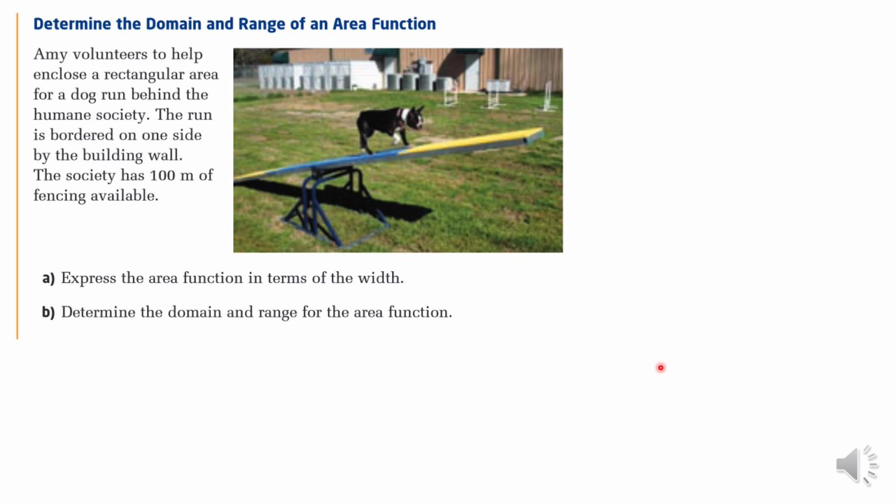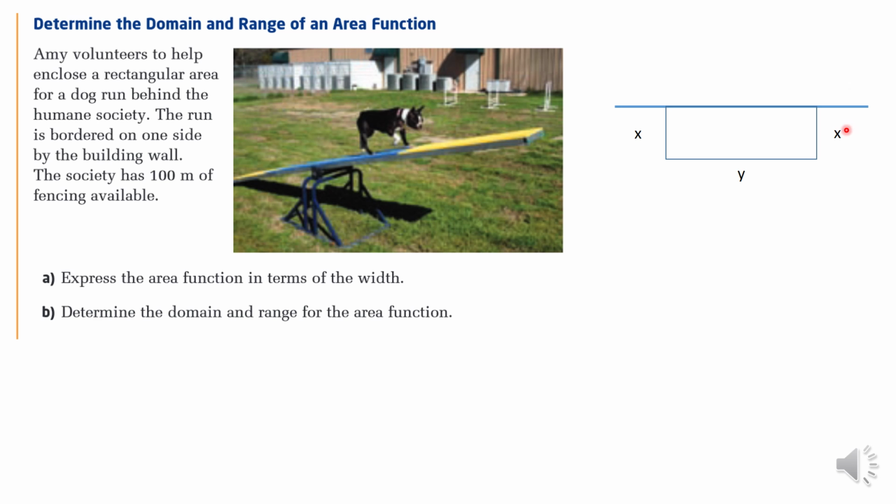So let's look at this question that involves a rectangular area which is going to be enclosed by 100 meters of fencing. But it says that there is going to be a border on one side, so we don't actually have to enclose that side of the rectangular area. I want you to look at the diagram over here on the right, which is a representation of what